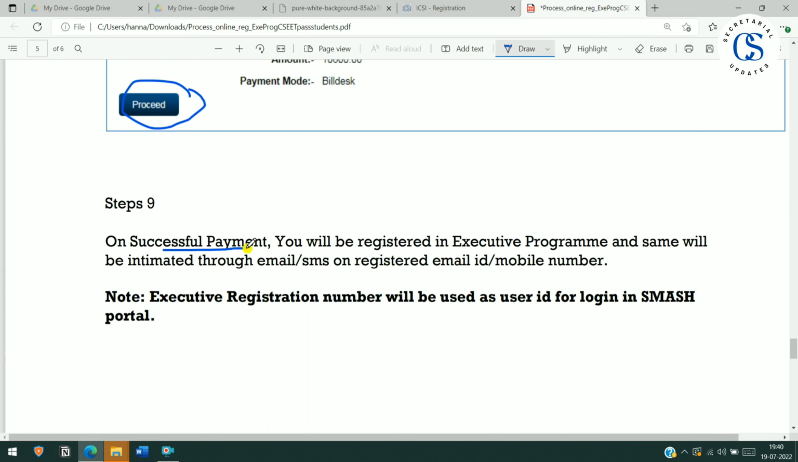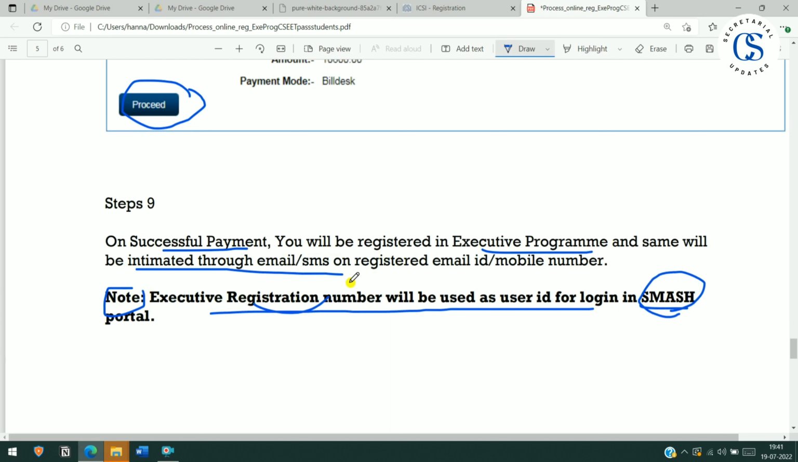On successful payment, you will be registered in the Executive Program and the same will be intimated through email and SMS on the registered email ID and mobile number. Please take note of this. The Executive registration number will be used as your login ID in the SMASH portal. SMASH portal is the student portal of ICSI. You will be provided with the registration number and a one-time password. After the first login, you have to change your password as you wish and the registration number will remain